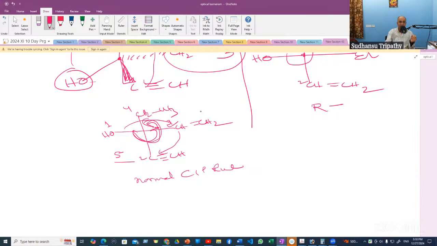That is the start, 1, 2, 3, 4, 5. 5 is this. In that case, the ol position is 3 from whichever side you will get. So when ene and ol positions are the same, then ene gets the precedence. That is the rule. So 1, 2, 3, 4, 5. This is the nomenclature numbering, not the assignment of groups, priorities of groups. So this will be ol, and this will be 3-ethyl